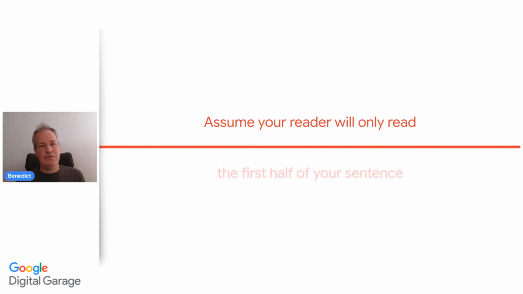Things like images you can use as well. Of course, they often capture attention. That's why often when we're talking about marketing, we talk about search campaigns and we talk about display campaigns. Display campaigns often work quite well, not better, there's no better or anything with this, but people see the image and we pick up images very quickly, and we even subconsciously take some stuff in quicker that way sometimes. But anyway, when we're talking about text, it's that first half of a sentence that will grab people's attention. So assume that they will only read that.